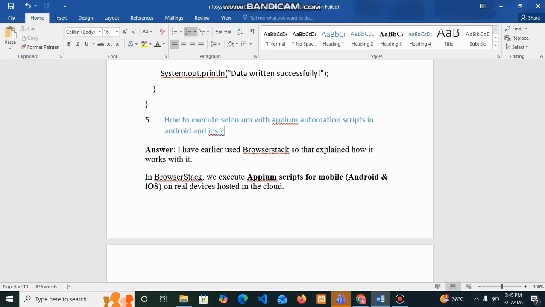But if you want to run both Android and iOS, we can use third-party tools such as BrowserStack and Experitest. In this project I have explained about BrowserStack that I used, and I even worked on Experitest. With BrowserStack we can execute Appium scripts on Android and iOS.